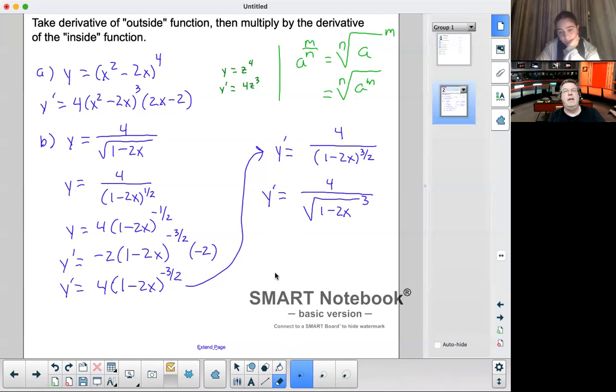Number one, they see if you can do it, right? And number two, and this is one thing I really like about IB, is if you cannot show that it's equal to this, you can still use it in part B, right? It doesn't stop you from getting points from part B, which I think is fabulous. Okay. All right. So let's try some more.